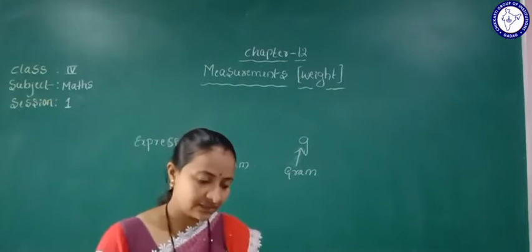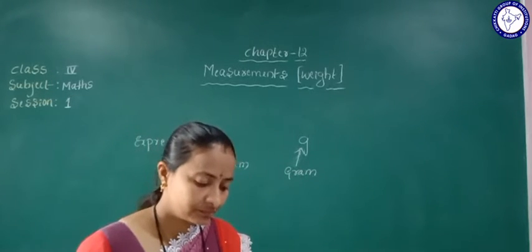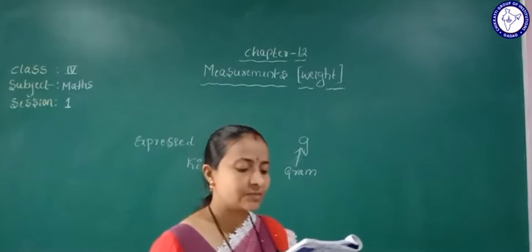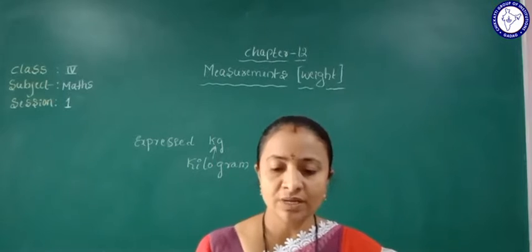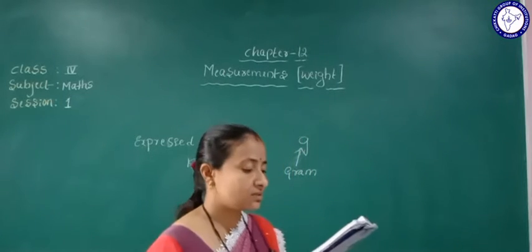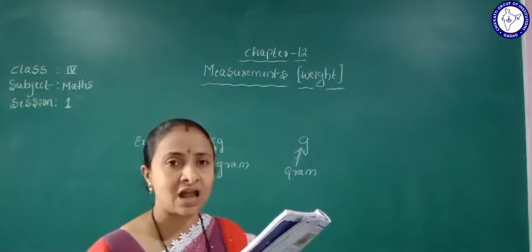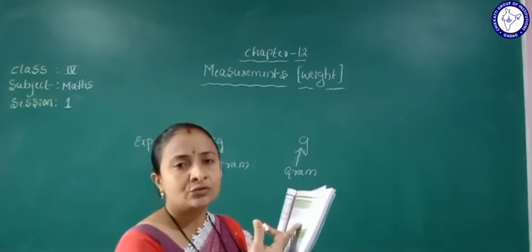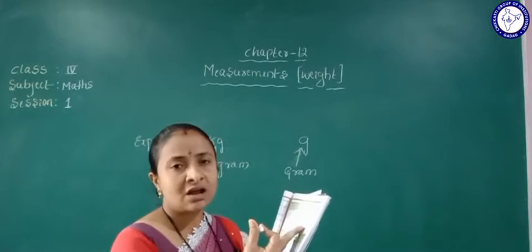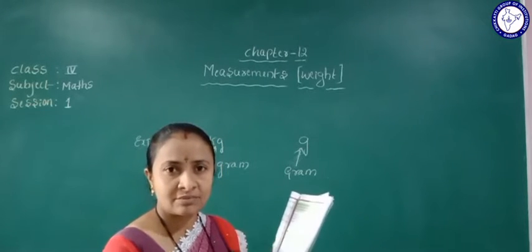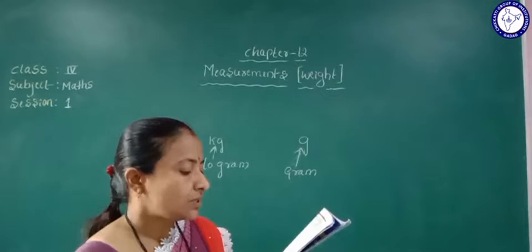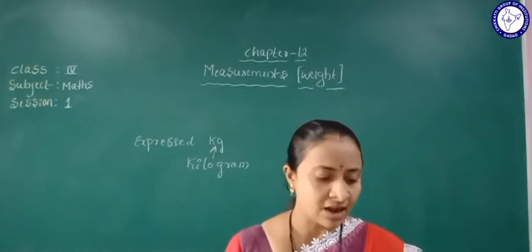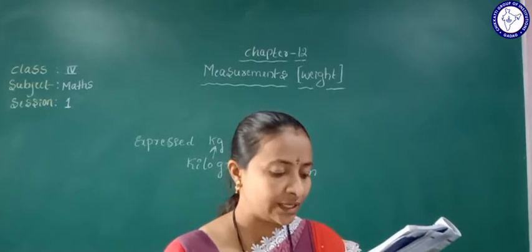Next, remember the substances whose quantity can be expressed in kilogram and gram. Make a list of two. Substances that can be weighed in gram, we will mention here, such as 50 gram, 250 gram, 100 gram, 200 gram, 500 gram. So you know that weight is expressed in kg and gram.